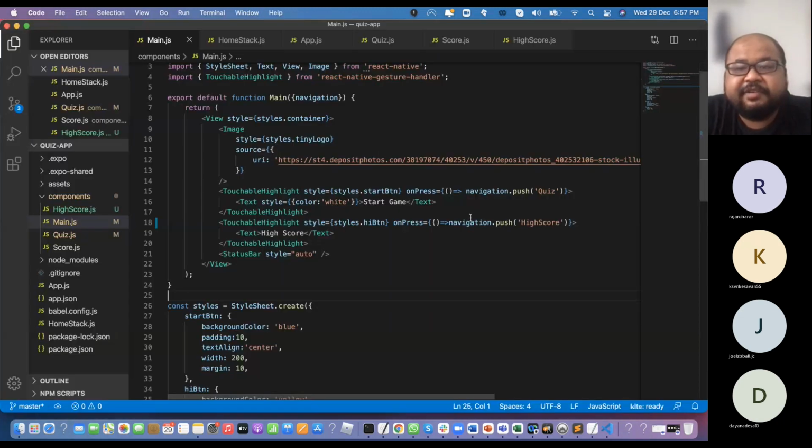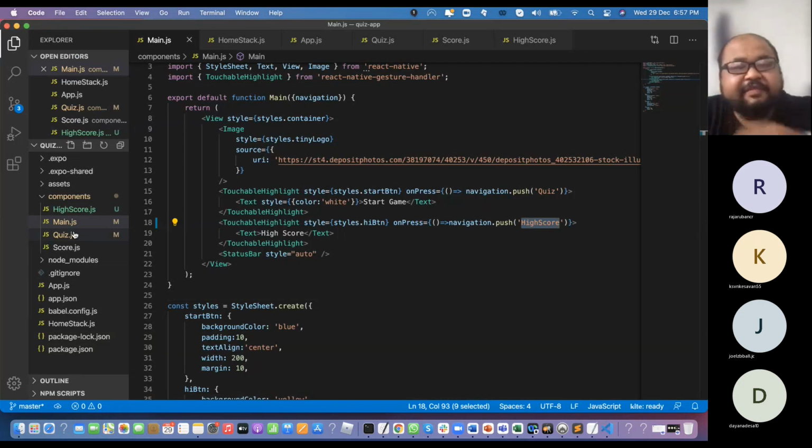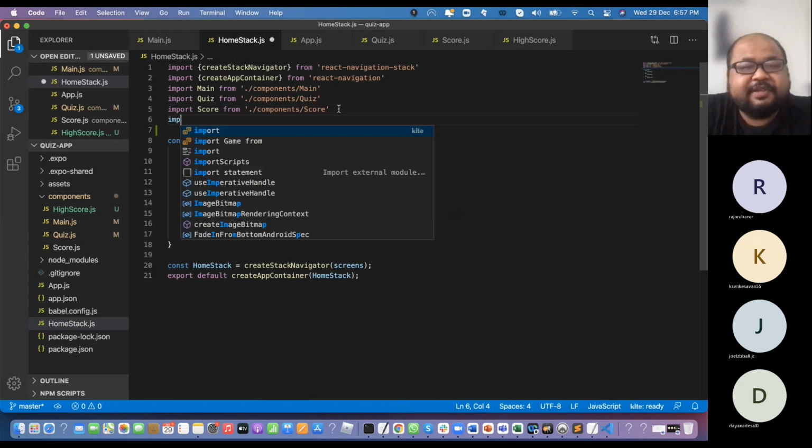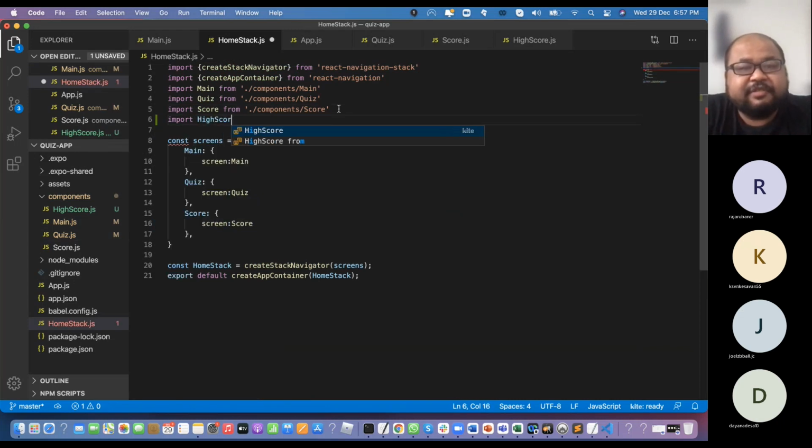The reason why it's not working is that normally when you add a new page, you have to add it on the home stack. So you have to say there is a new page here, which is called high score. So new page high score from components high score, and then